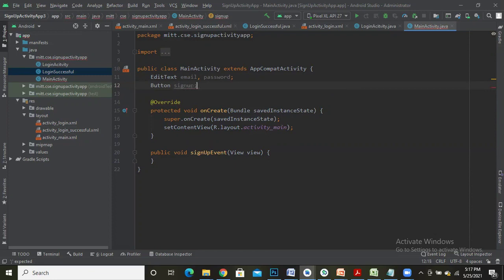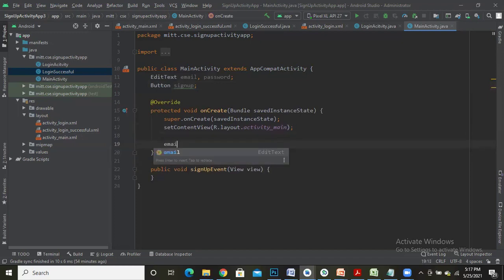Now I need to map the ID of the edit text field with a variable of the edit text class in the Java program, which I'll be doing in the onCreate method. So email is equal to, to map, we have a function findViewById.